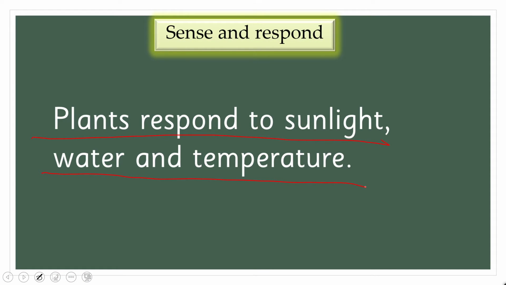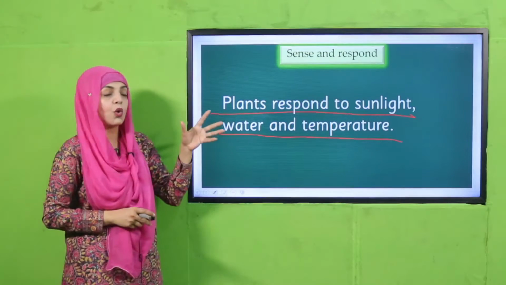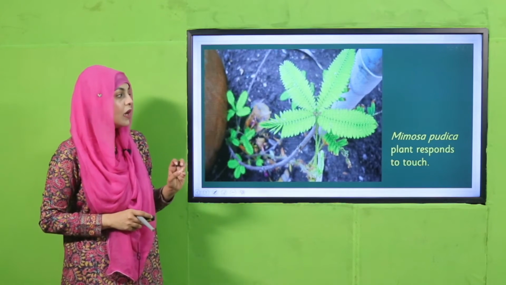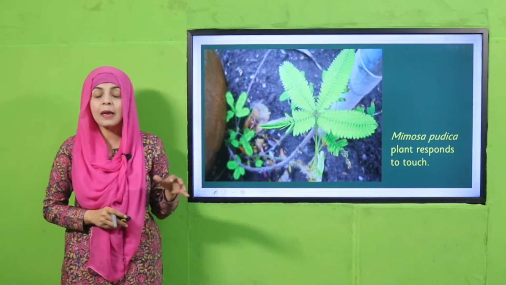So sense and response, plants respond to sunlight, water and temperature। We have just talked about how animals respond to their environment। Now plants also respond to sunlight, water and temperature। ये भी रोशनी को, पानी को और टेम्परेचर को रिस्पॉन्ड करते हैं।